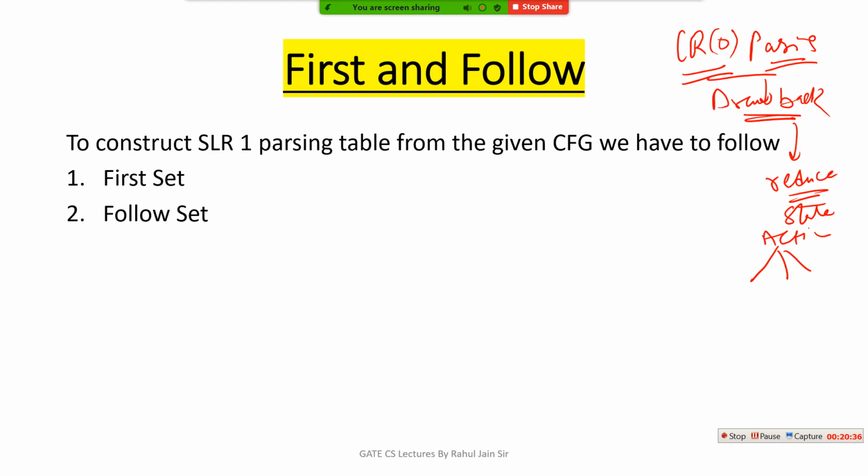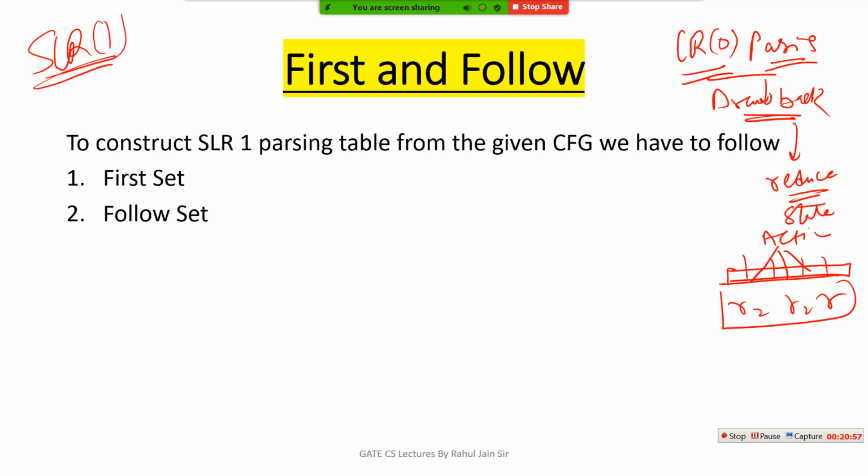In the parsing table of LR0, we need to mention R2 unnecessarily in all parts of the action table entry. So to reduce the size of the table, to reduce unnecessary entries in our table, we are going to SLR1 parsing,